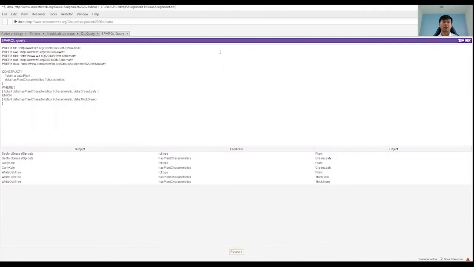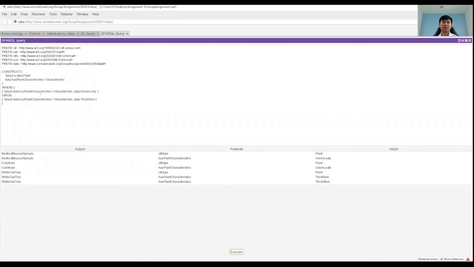As for the SPARQL queries, we have created 15 of them, but in this presentation, I will only pick 5 to present. The first one that I choose is created using construct. Construct is basically a query that will return a single RDF graph based on the condition in the query. In this case, we use construct to construct a new graph with the condition of plants that